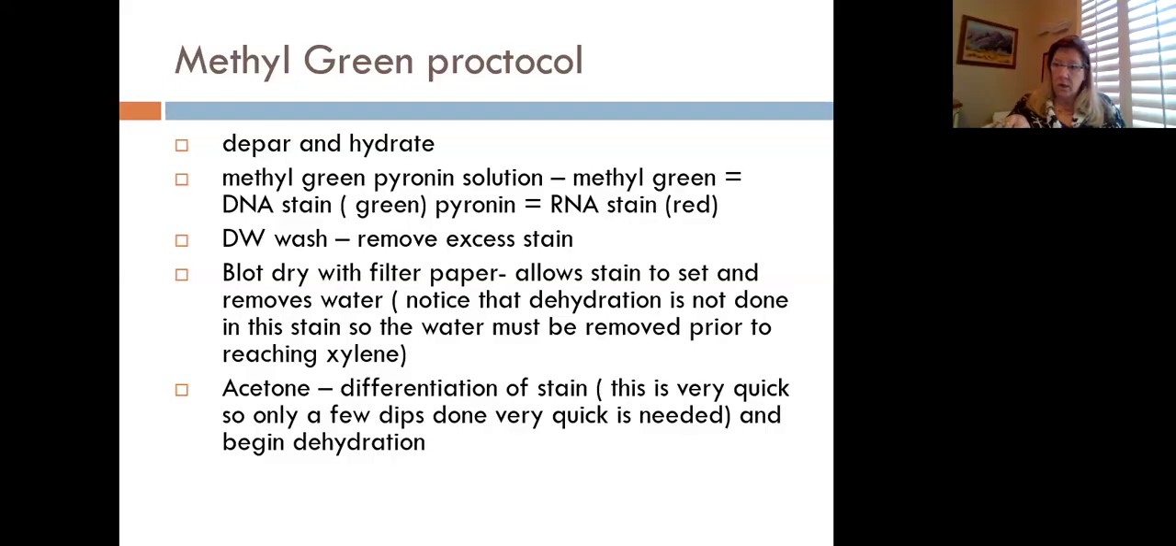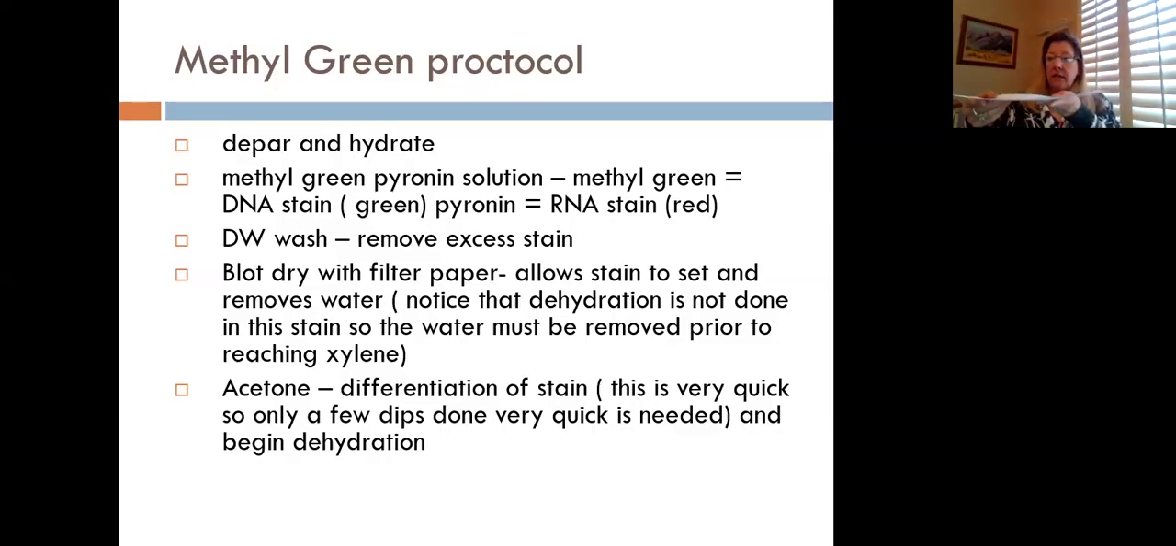Then you're going to distilled water wash, and that's just going to rinse off all that excess stain that's remaining on your slide. Now, this is one of those stains that you are going to allow to dry out. There's like 4 or 5 stains that we actually do dry out. So you're going to blot it on filter paper. And when I say blot it, I do not mean, if my hand is my slide and this is my filter paper,